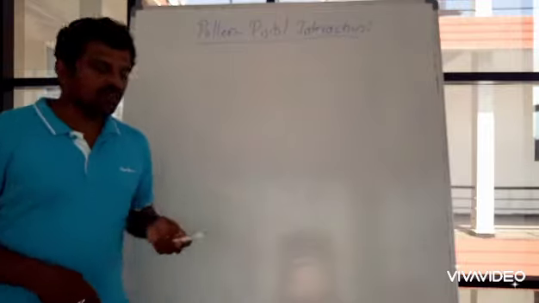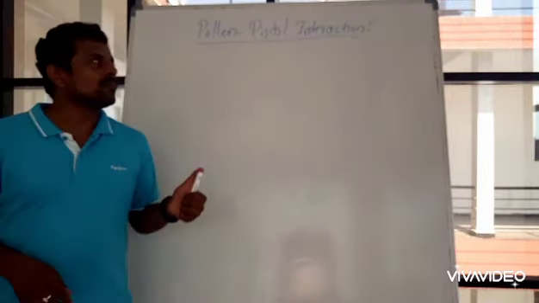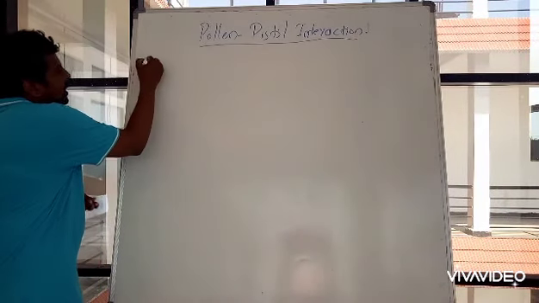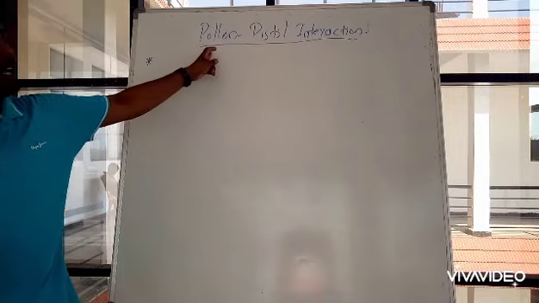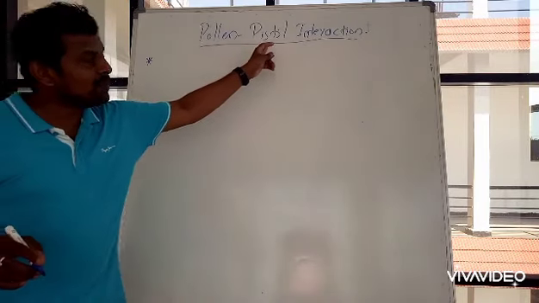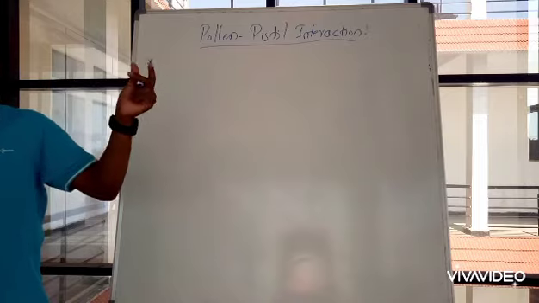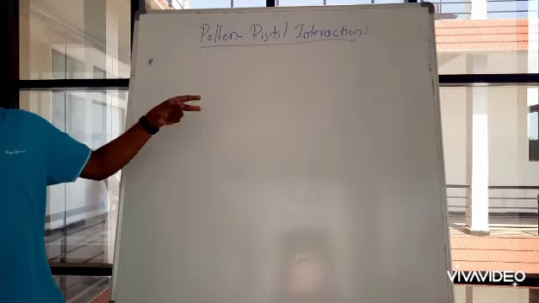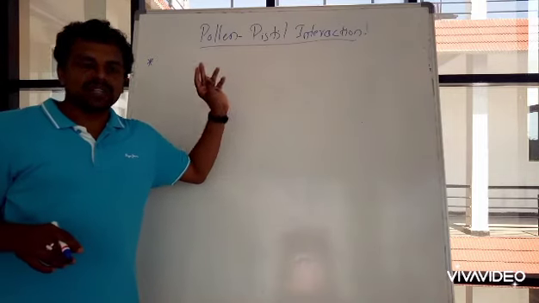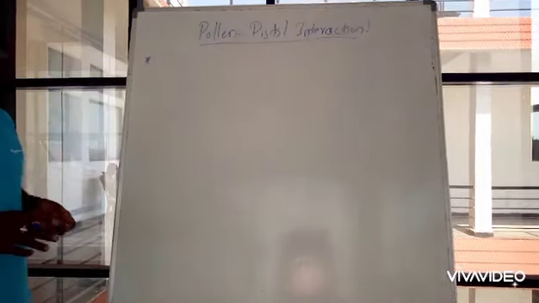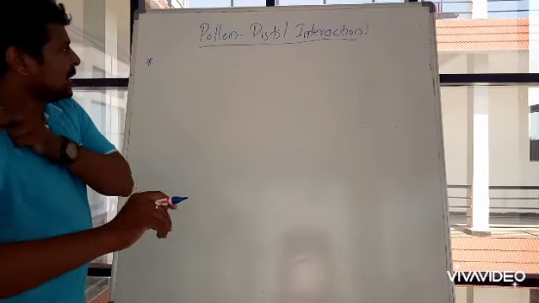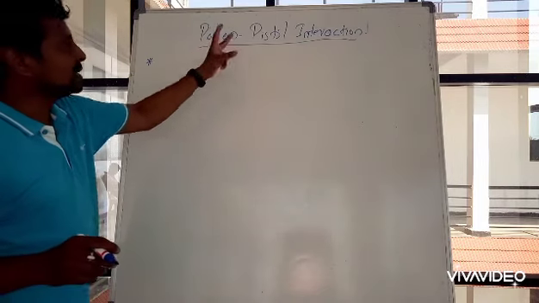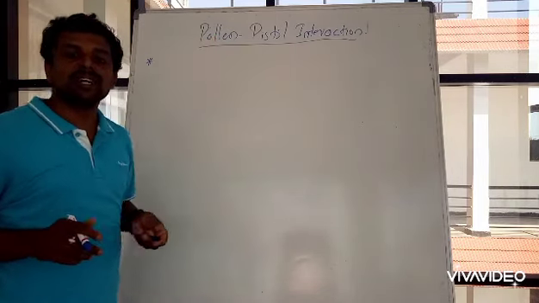Got it? Okay. So in this class we will be studying about the pollen pistil interaction. The pollen pistil interaction means the male gamete and male reproductive part and the female reproductive part. Whenever they fuse, only then will the fertilization events take place. What are those events? How do they interact? That concept we will be studying today, the pollen pistil interaction. We will be studying the fusion of these two male and female gametes under this heading.